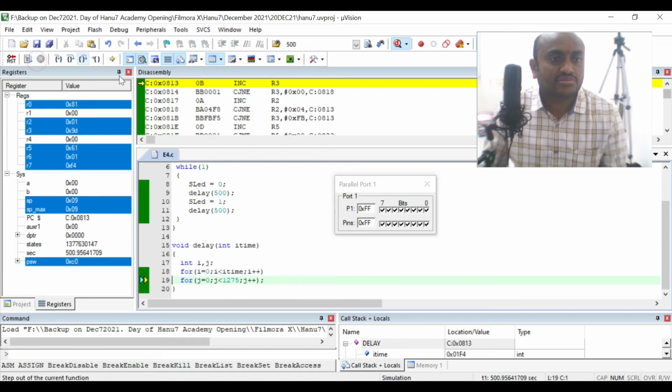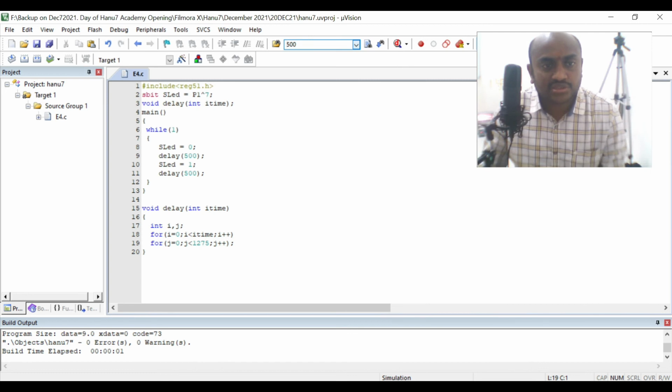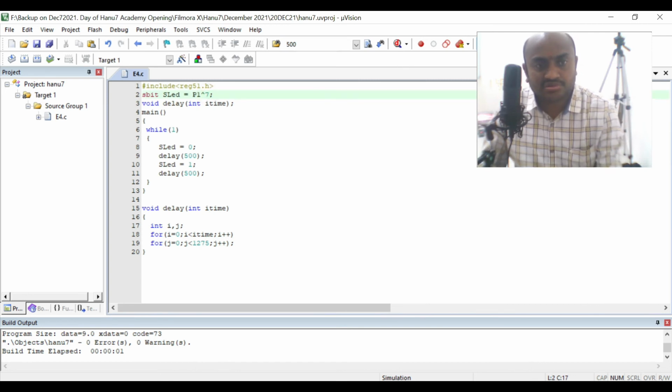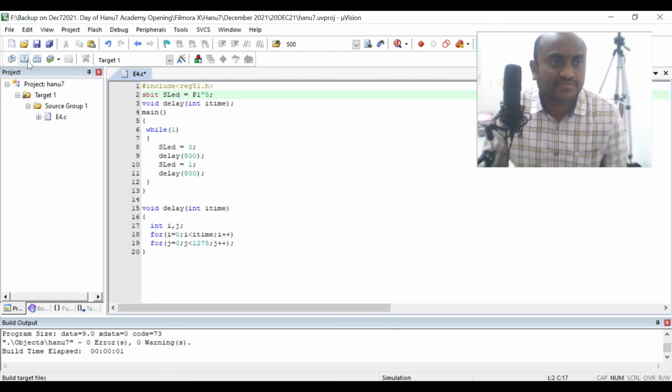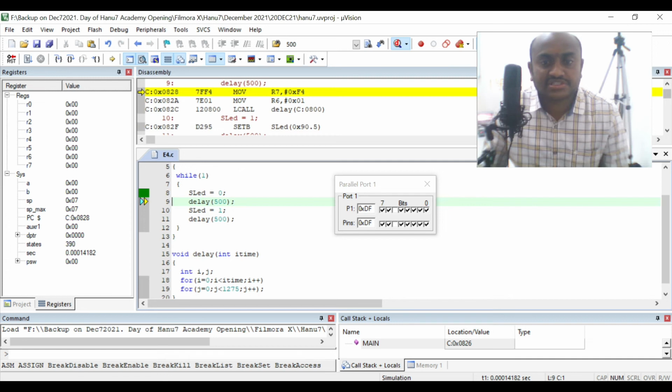So this is how you will write a program for blinking the 7th LED. Now if you don't want the 7th LED, if you want only the 5th LED, just replace the number 7 with 5. Okay, compile it and then run the program. Okay, now you can see this is the 5th LED.